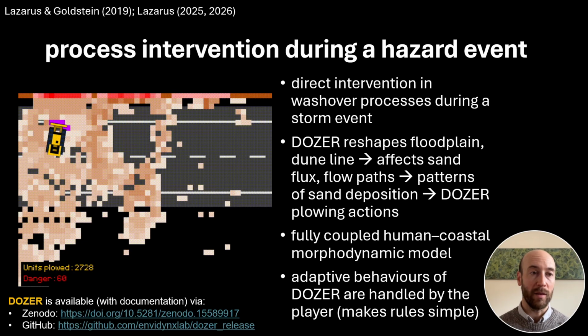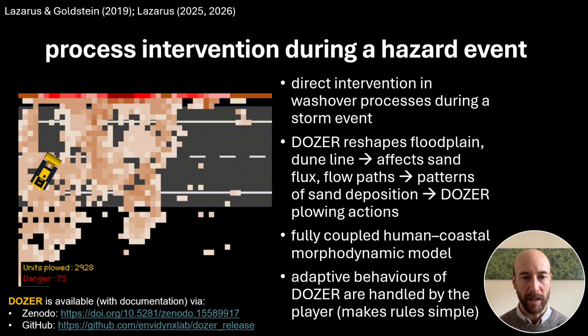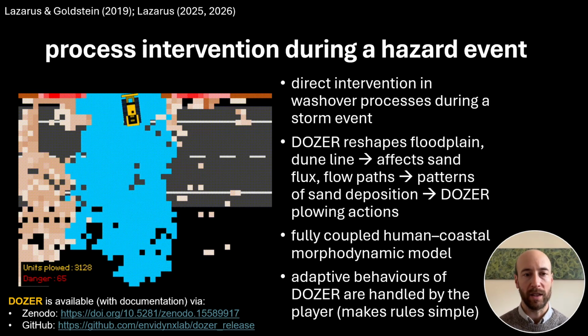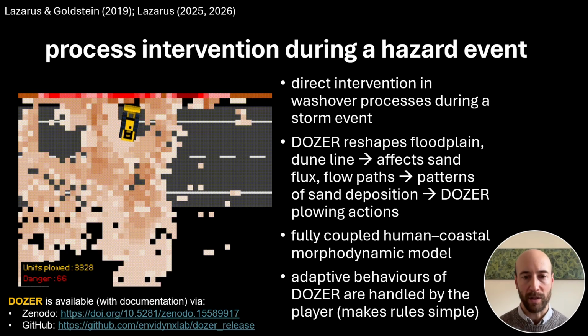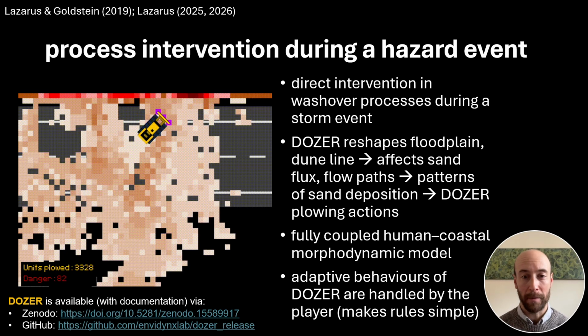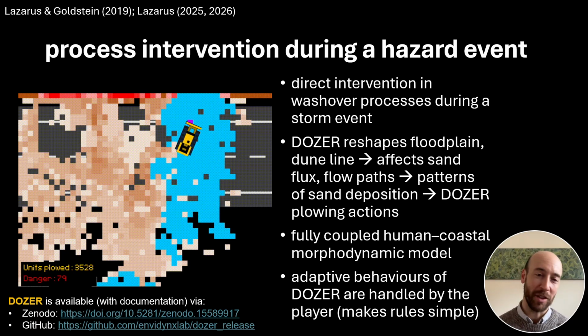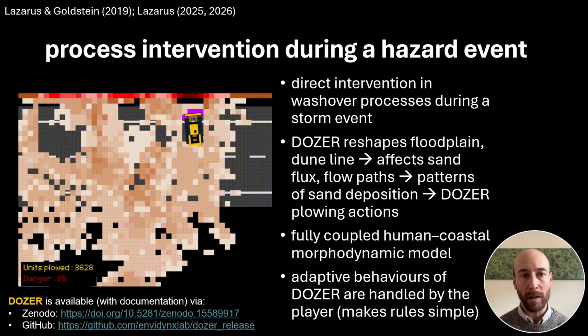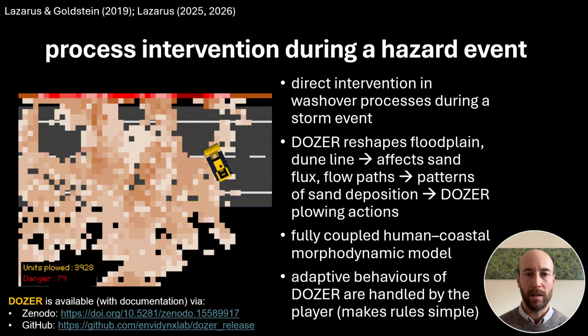The difference, and what enables it to be simple in this case, is that instead of trying to code in all possible behaviors of what a bulldozer might do, I have turned the action of the bulldozer over to a human player. All of the adaptive rules about where the bulldozer goes and why are up to the player. So all I have to code is the fact that the bulldozer goes forward, backward, it can turn right and left, the plow goes up or down. But the actions of the bulldozer are now turned over to you, the player, and all kinds of interesting analytics fall out of that.